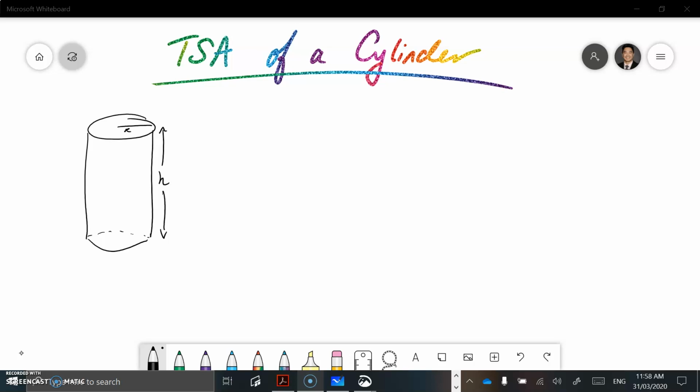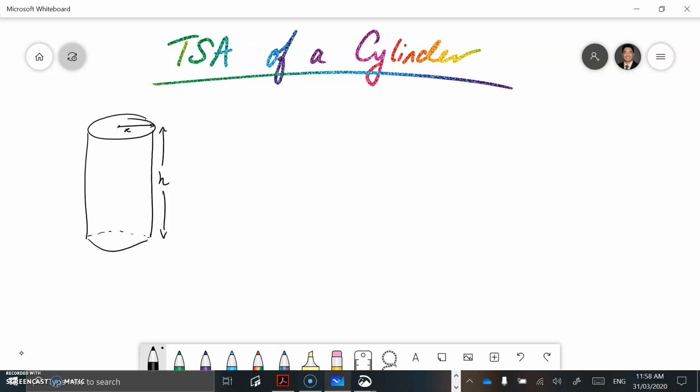So in this case here, we've got a diagram of one. The radius is obviously from the middle to the end, and the height is going to be the length of that cylinder. Okay, so if we really did a net diagram of it, we would have a circle from the top. We would have a circle also at the bottom of the cylinder. And then, let's say the top and the bottom were taken off, you would have a tube. And then if you were to cut the tube lengthways, you would end up having a